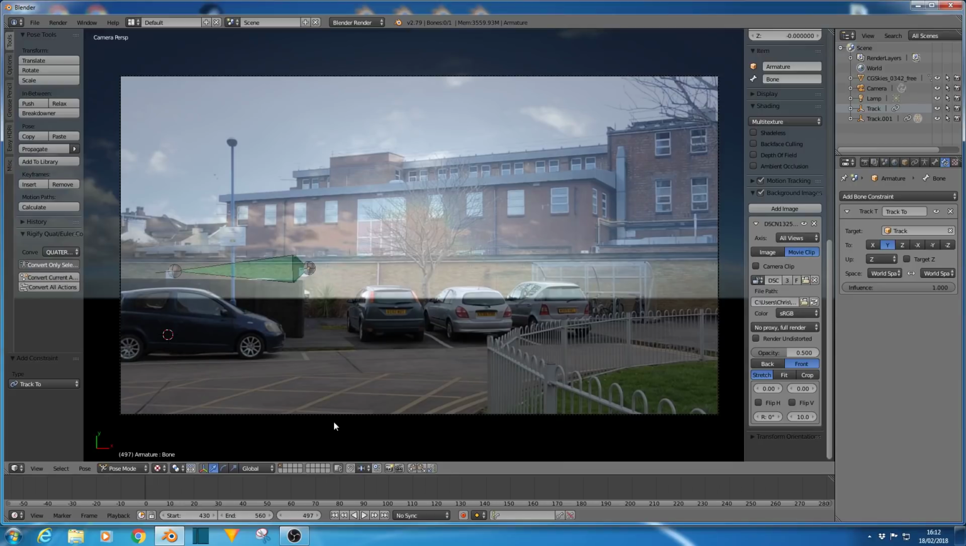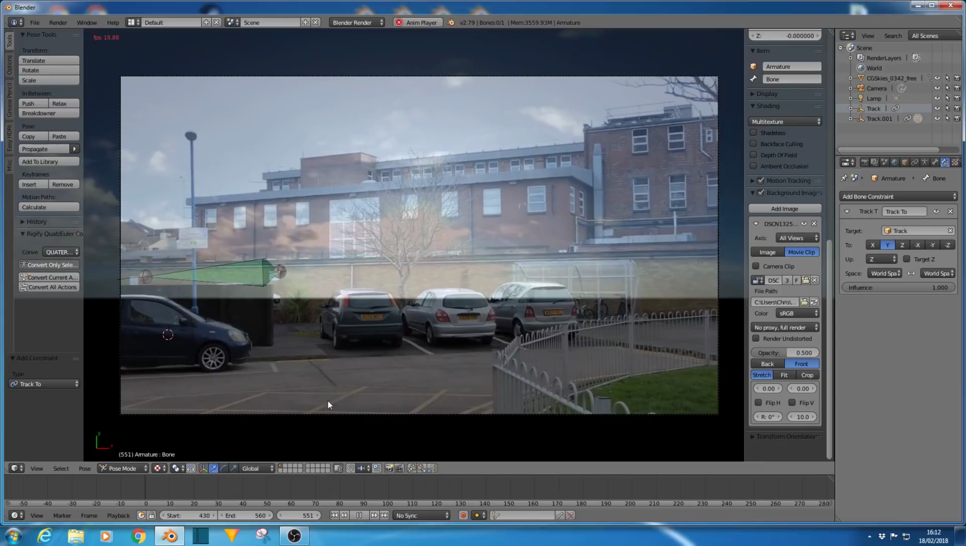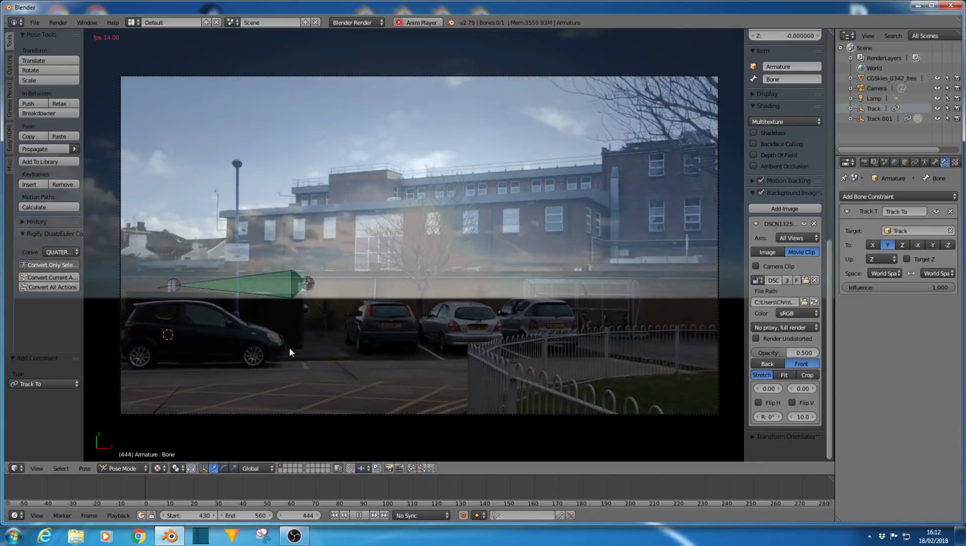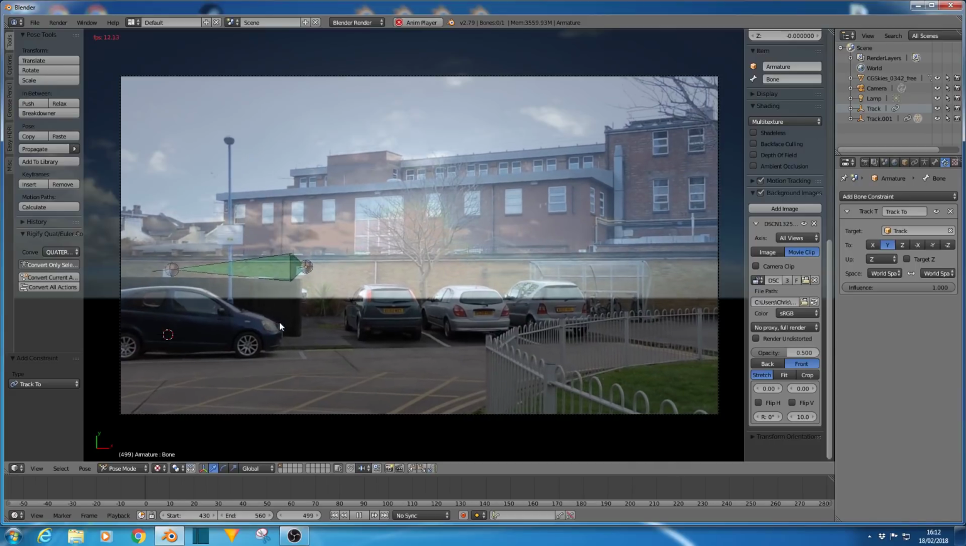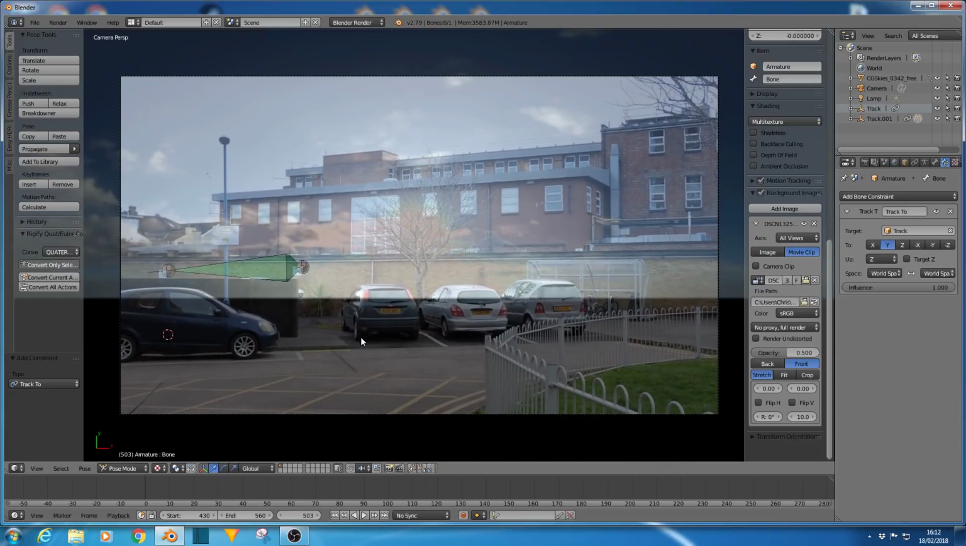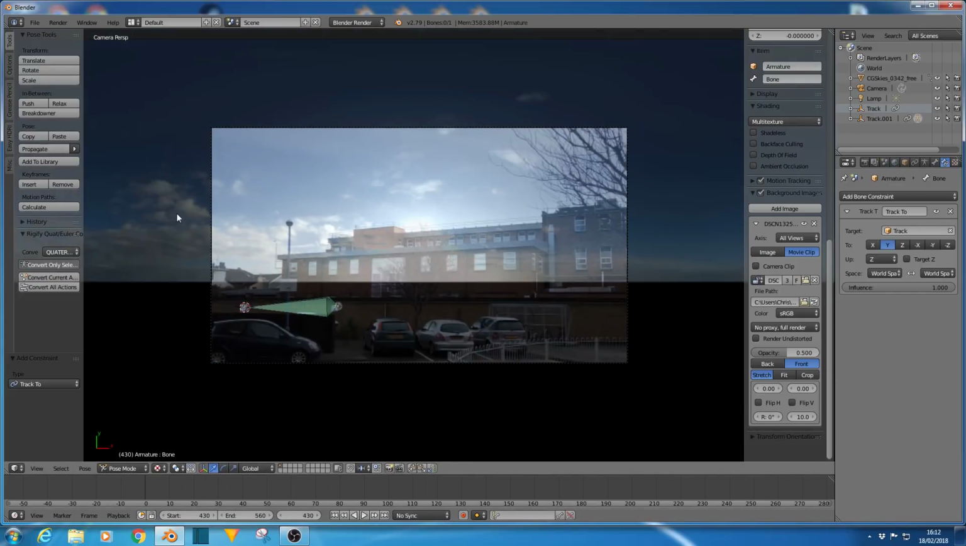So if I press Alt A, you can see that's doing its thing as we rotate around. The bone perfectly follows. Nice. Alt A again, just go back to the first frame. Now this is the magic. If we go into object mode,